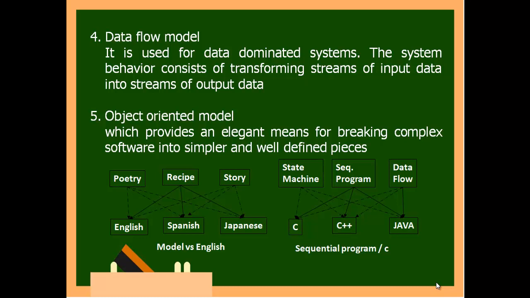For example, you can say car automation, or an embedded system in your automobile, where you have multiple tasks. So not one single task or two tasks, you have multiple tasks. In that case, this provides an elegant means of breaking a complex software into simpler parts. See, each and every sensor's data cannot be brought into the main embedded system of the automobile. Then it is very tedious. So what I have told is, you have a microcontroller for each and everything, and only if it is the worst case will it report to the main embedded system. Okay, that is the role.